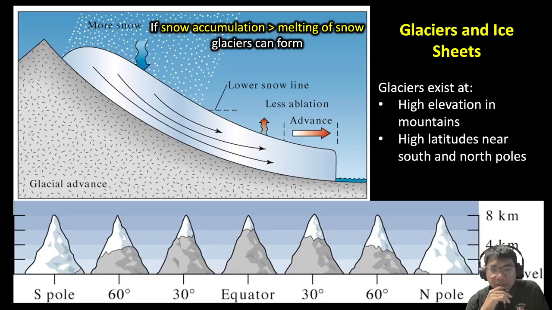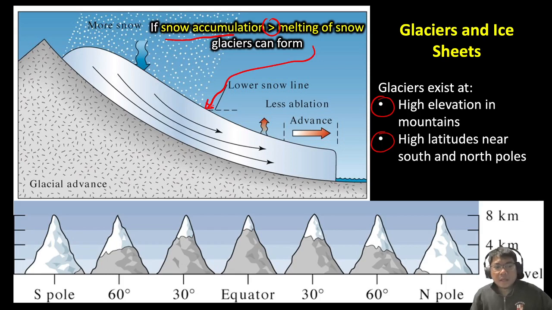Okay, glaciers and ice sheets. Glaciers exist at high elevation in mountains, or in high altitudes near the south and north poles. So what are glaciers anyway? Glaciers are a body of ice that is preserved on land. It has to sit on land in order to be called a glacier. Glaciers form because snow accumulation is greater than the melting of snow, and that condition would allow glaciers to